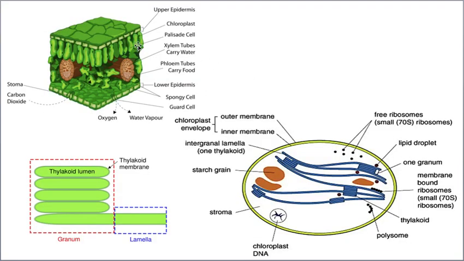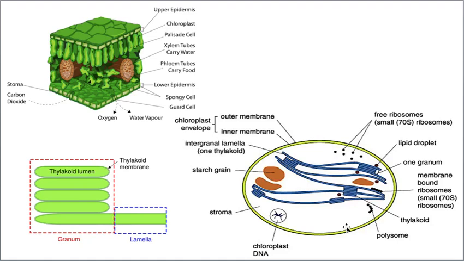See, this is palisade and also spongy, and again this is spongy and palisade. From this, we have to take out one chloroplast. So this is one chloroplast. Now if you take the chloroplast, I only explained it in cell biology, so you have to remember this, because the cell